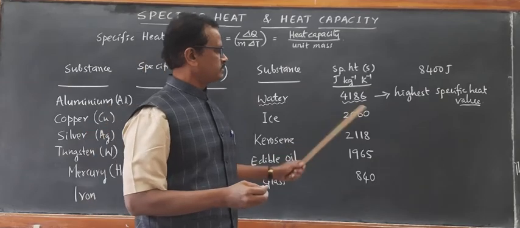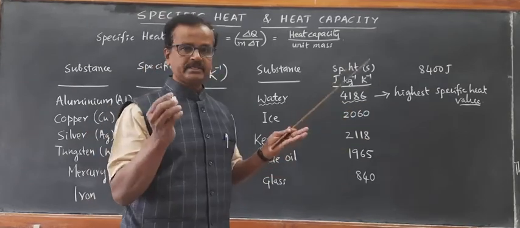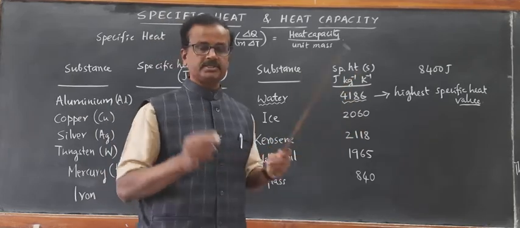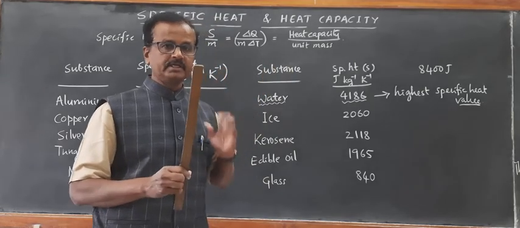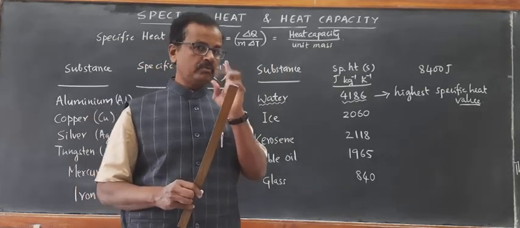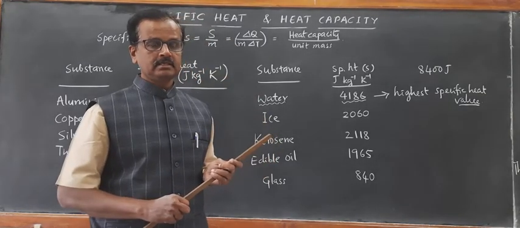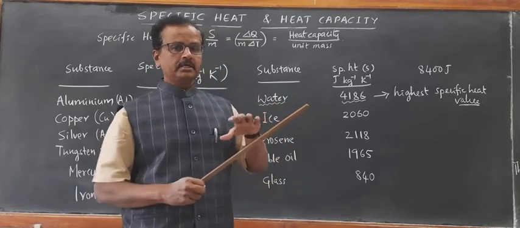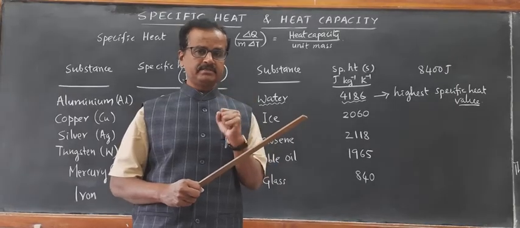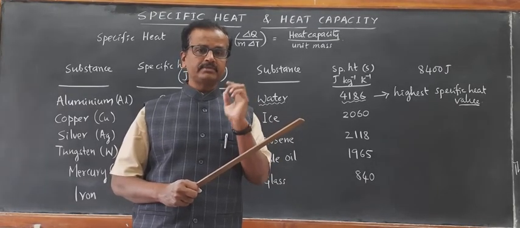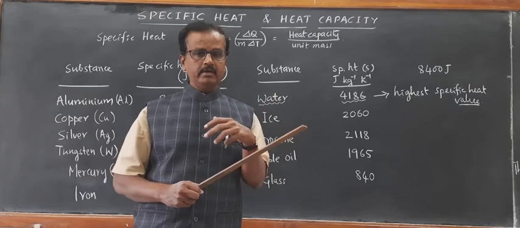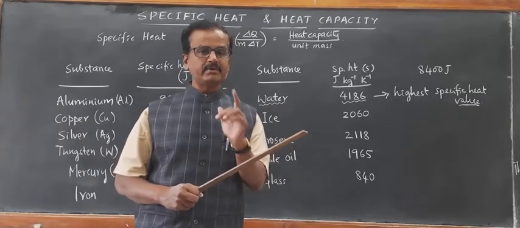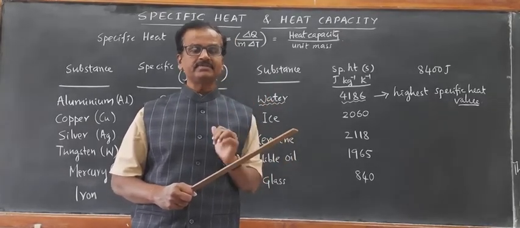For 10 kg, 4200 into 10 kg of water or 10 liters of water. So it becomes 41,860 joules. So much of heat is required in order to just raise its temperature by 1 Kelvin or 1 degree Celsius. That's why water is used as a coolant. It means in order to raise its temperature, it requires so much of heat that will be required to raise its temperature by 1 degree Celsius. In the same way, in order to decrease its temperature by 1 degree Celsius, it will be giving off that much of heat.